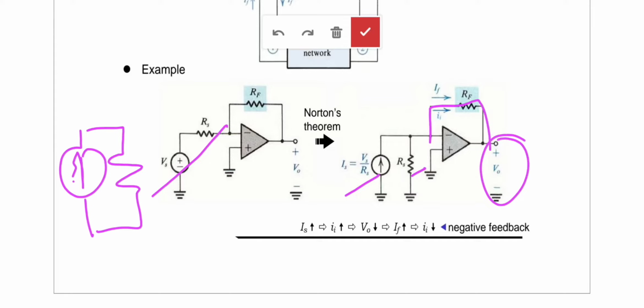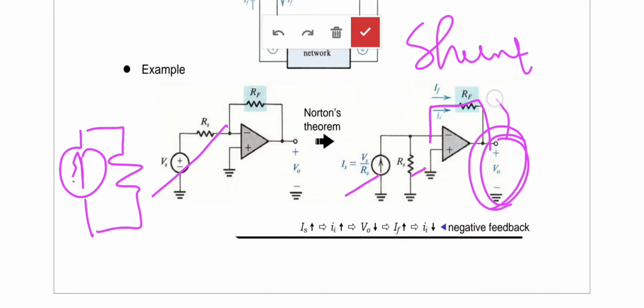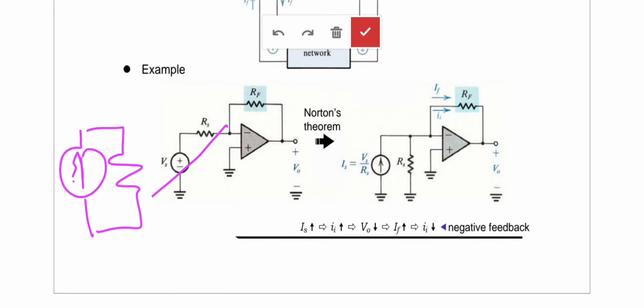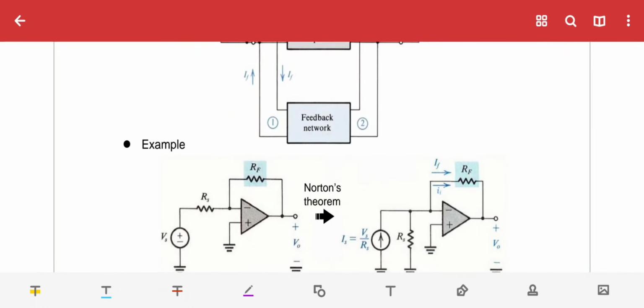Okay, so these are the basic 4 topologies of a feedback amplifier: series topology, shunt topology, series shunt topology and shunt series topology. If input is voltage, then the input is series connection. If the input is current, then the input is shunt connection. If output is voltage, then the output is shunt connection, and if the output is current, we have series connection. The process happening on the input side is known as mixing. The process happening on the output side is known as sampling. So if you remember this much, you can draw the structure of any of these topologies.